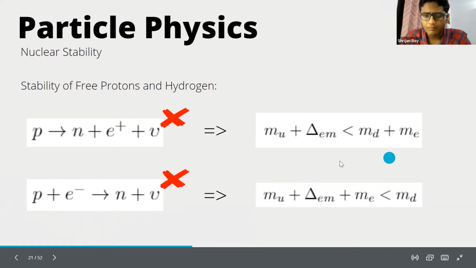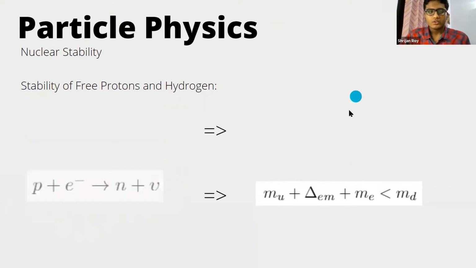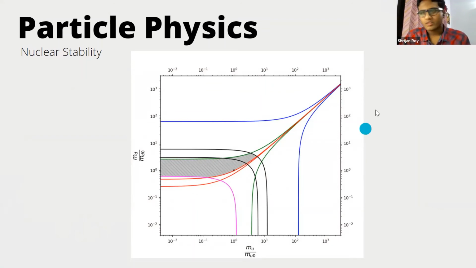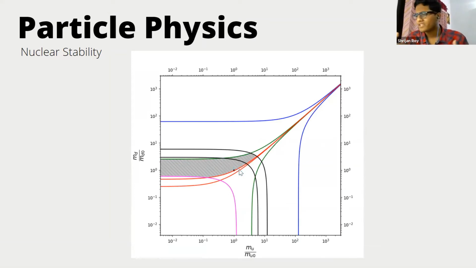And yeah, it may not be visible yet, but me is actually the beta we were talking about earlier, the electron to proton mass ratio. So the electron to proton mass ratio also creeps into nuclear stability in a way. So those were some examples, and due to time constraints, of course, we couldn't discuss every other constraint. There were many other considerations, like stability of diprotons and stability of pions and stuff like that. So this is the existence space we get. The shaded region is the existence space we get.